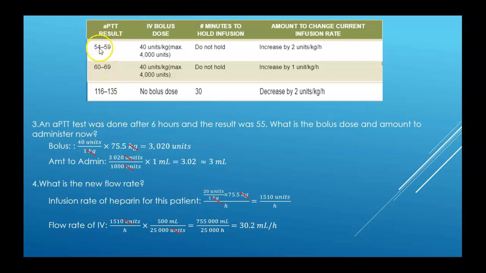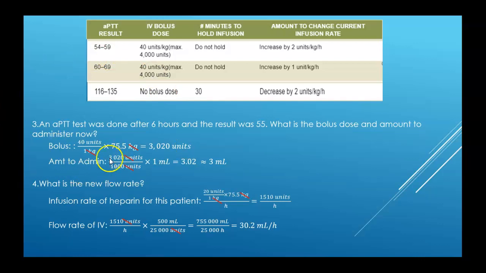So we see when the result is 55, which is between 54 and 59, the bolus is 40 units per kilogram. And then the rate we increase by 2 units. So now the bolus is 40 units per kilogram, still the 75.5 kilograms. So that gives us 3,020 units. Now the rate, which was,